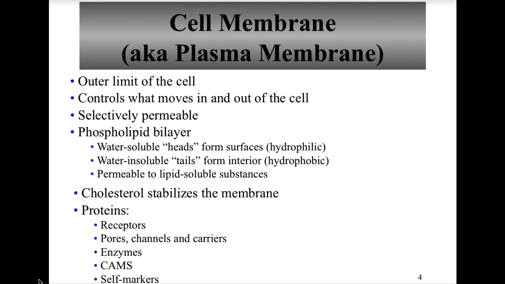The cell membrane is composed of a double layer of those phospholipid molecules with many proteins that are going to be dispersed in it. Peripheral proteins, integral proteins, channel proteins, and so on and so forth. The surfaces of the membrane are hydrophilic due to the polar phosphate heads of that phospholipid. And then you have an internal portion of the membrane that is hydrophobic due to the